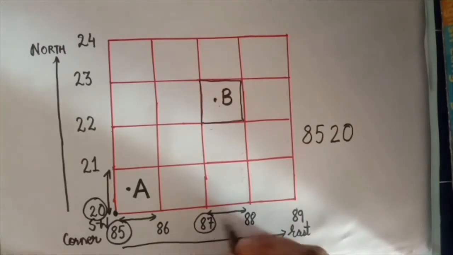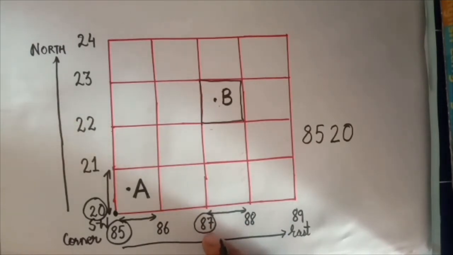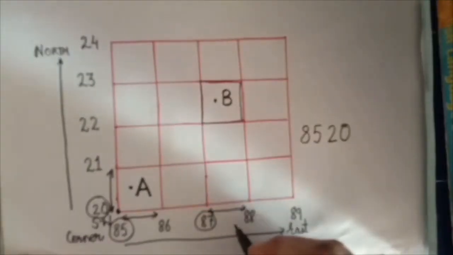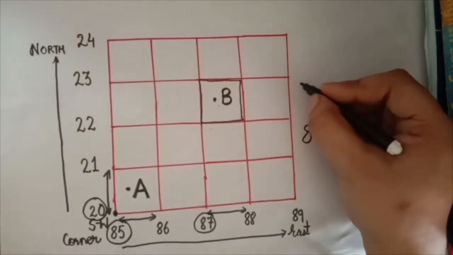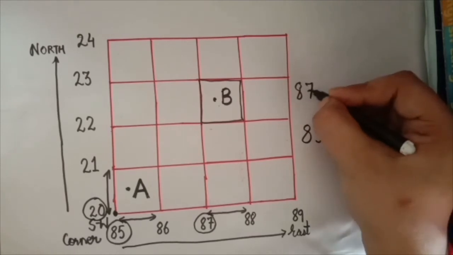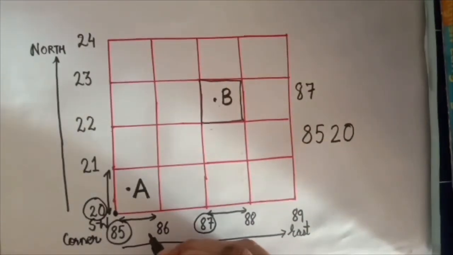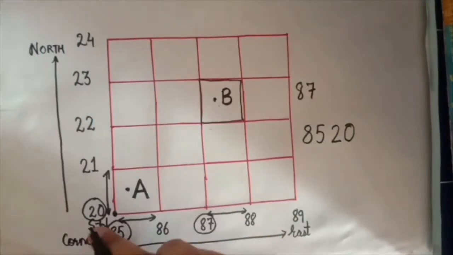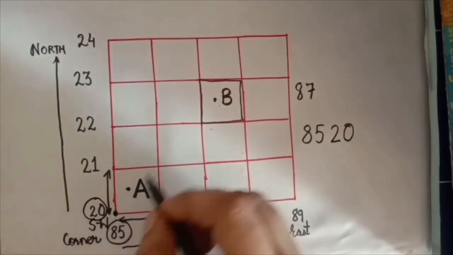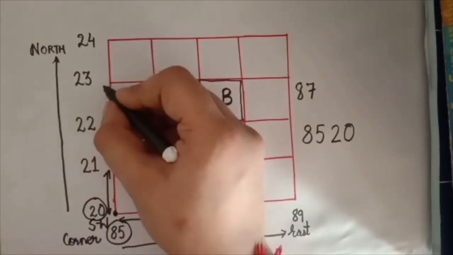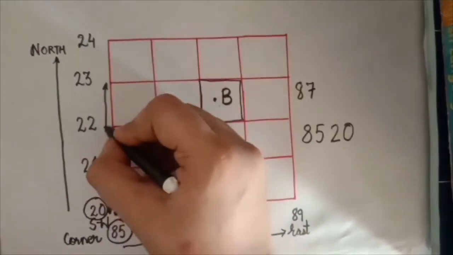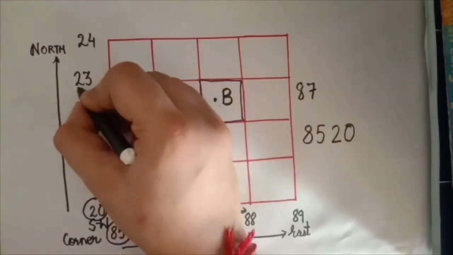We have taken 8,7 as I have told you that eastings are always read to the east of the southwest corner. So, we'll write down 8,7 as the easting of place B. Next, as we know that eastings are followed by the northings, let us look for its northing to the north of the southwest corner. We can find that place B lies between the northings 2,2 and 2,3.